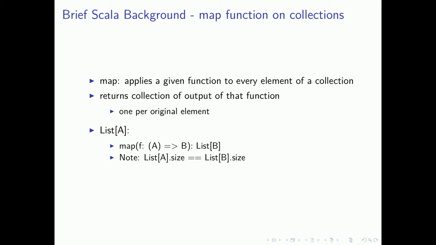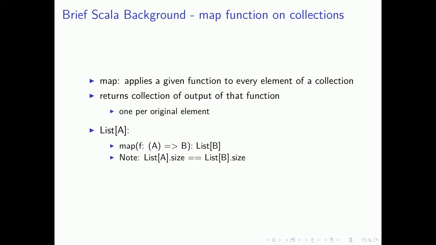So before we go into the examples, just a quick review, or maybe first time, if you haven't done any functional programming, of some of the things we're going to use in this. So Scala is a functional programming language, and one of the big things are these high-level functions that I can give another function to as an argument, and it does work on the whole collection. So one of the most basic ones is called the map function. And basically what it does, it applies the function that I give it as an argument to every element of the collection, and then returns to me a collection